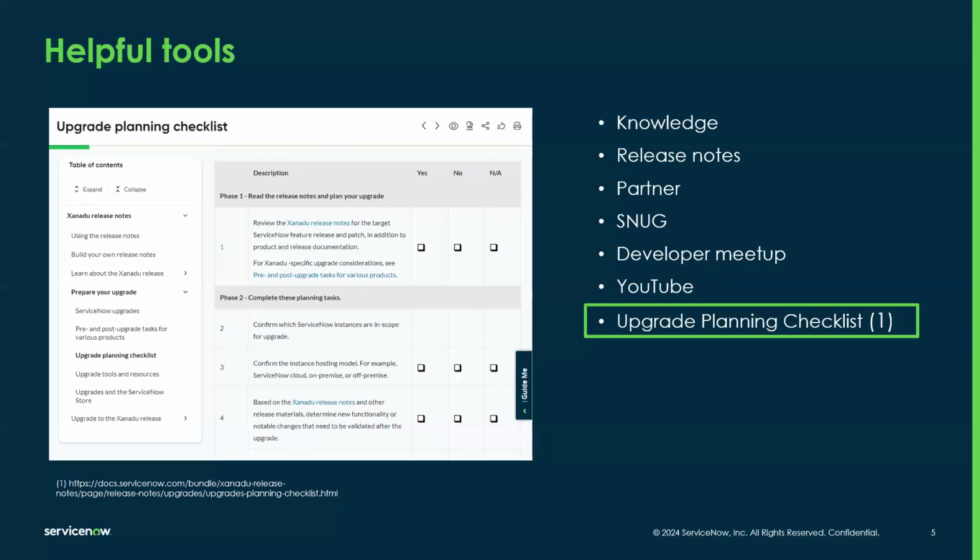Maybe pausing a bit for questions or experiences on any of these helpful tools or resource links. Yeah, and if anybody wants to talk, just raise your hand. I haven't seen any come in yet,